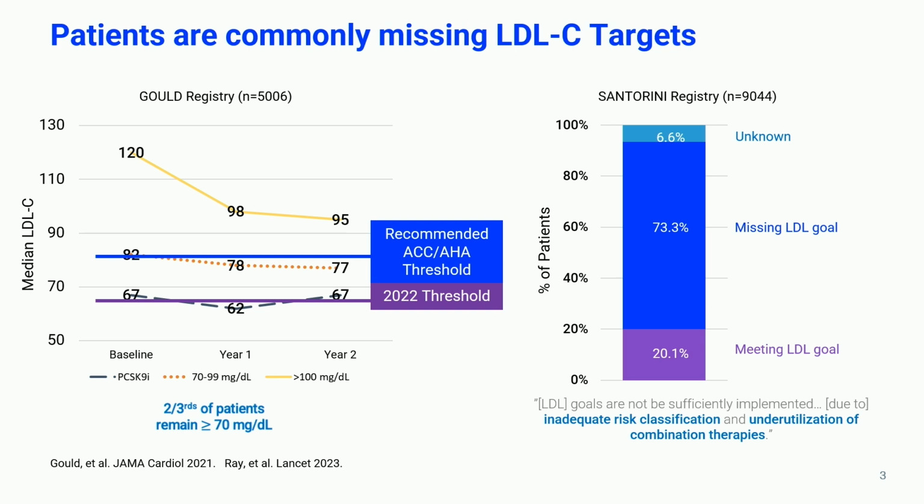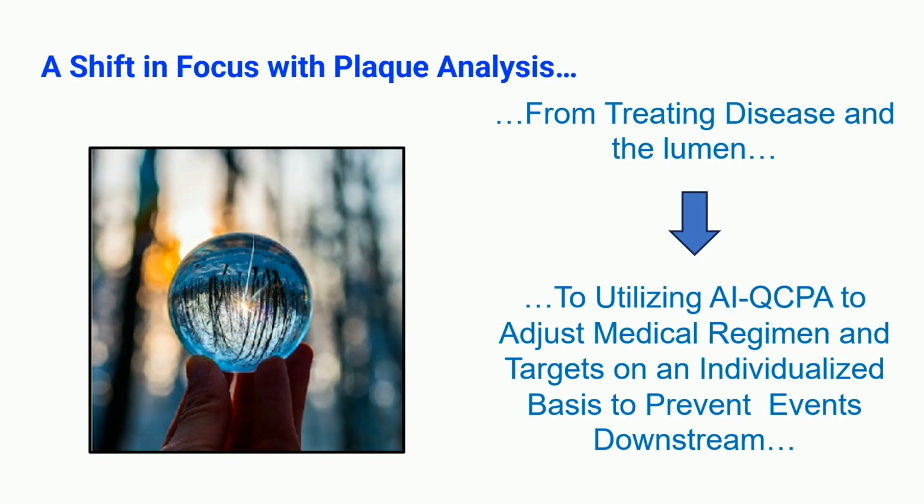Despite all of the pharmaceutical agents, and besides all of the imaging that we're doing, in our highest risk patients, who are those with events, who've had stents, revascularization, 2/3 of those patients have an LDL of more than 70. So we are not using the technology and the medicines appropriately. So how can we take all of this artificial intelligence and go beyond just treating the disease and the lumen